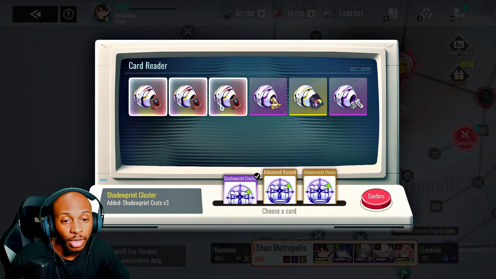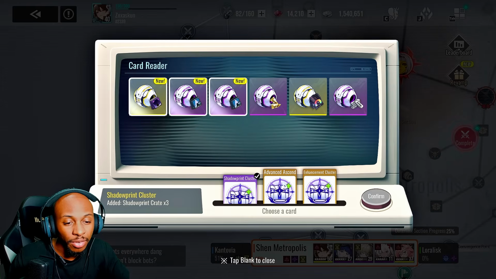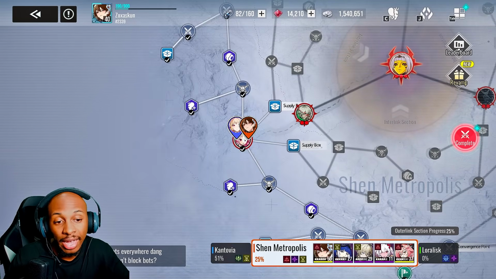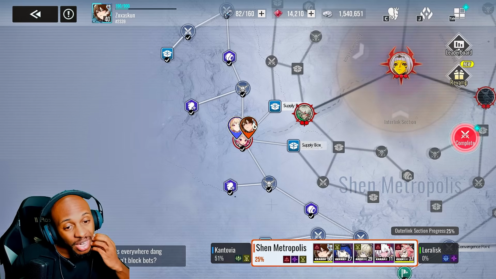But we're going to go for the shadow print cluster because we want to add more to here. So we're going to go ahead and confirm. And they gave us one purple, 2 blues, but these can be evolved. So that is that, right? And that's basically the reward for beating that. So you get a reward chance of being able to buff that every single time you clear one of those